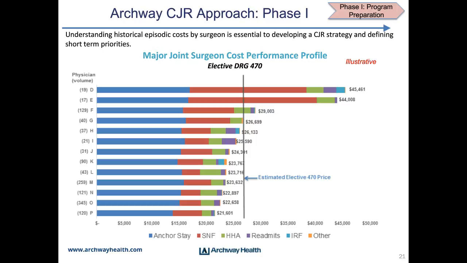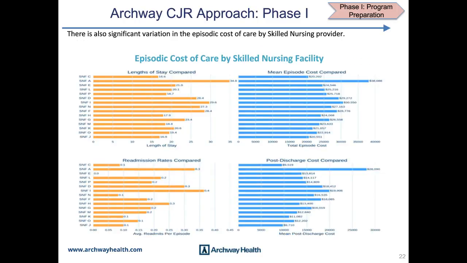We also spent a fair amount of time, this is a busy slide, looking at similar data for your post-acute providers. So this is looking at episodic costs for all the SNFs in a particular market. We like to array all the SNFs and all the home health agencies that you may be sending patients to, and understand what their costs are on an episodic level. So when you send a patient there, what's the 90-day cost for that patient?